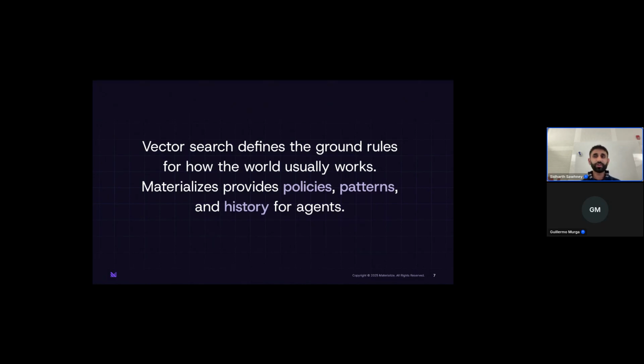Vector databases don't store the fresh context that the agents need. For example, what your current inventory level is for certain items won't end up appearing in your vector database. So while vector databases are important and a fundamental part of AI agent workflows and AI data architecture in general, vector databases on their own are not sufficient to deliver on the promise of agentic workloads. There needs to be some system that can provide the fresh context for agents.